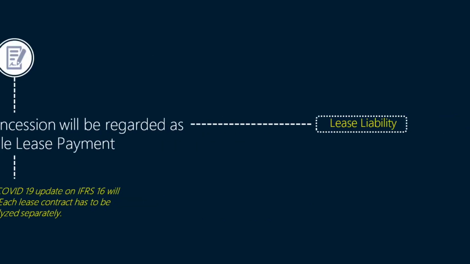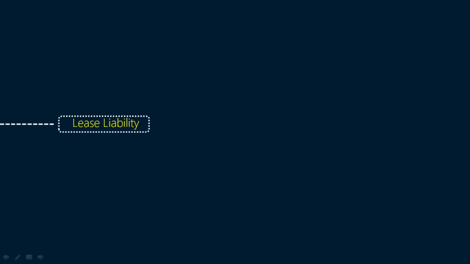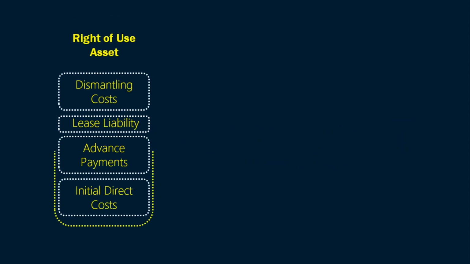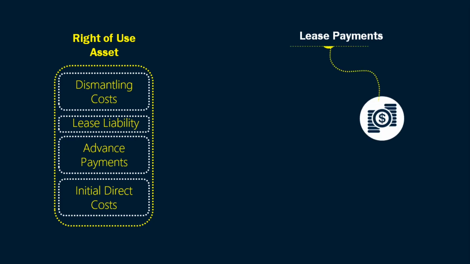We know that lease liability is the present value of lease payments. At the commencement of the lease, payments as specified in IFRS 16 are included in the measurement of lease liability. Lease liability, in turn, is a component of the right-of-use asset. So anything which changes the lease payments should also have an effect on lease liability and in turn the right-of-use asset as well, right? Well, it's not that simple.